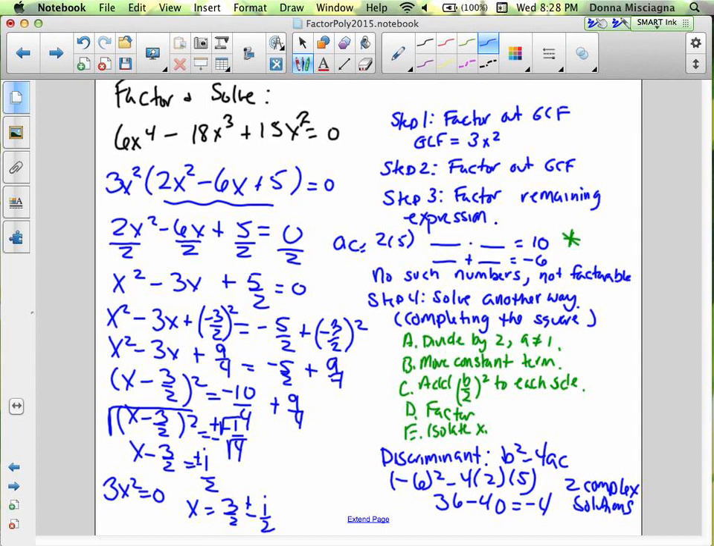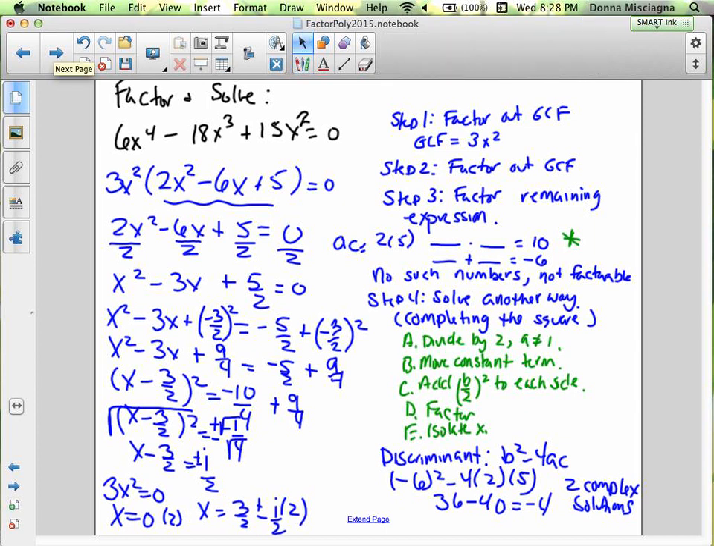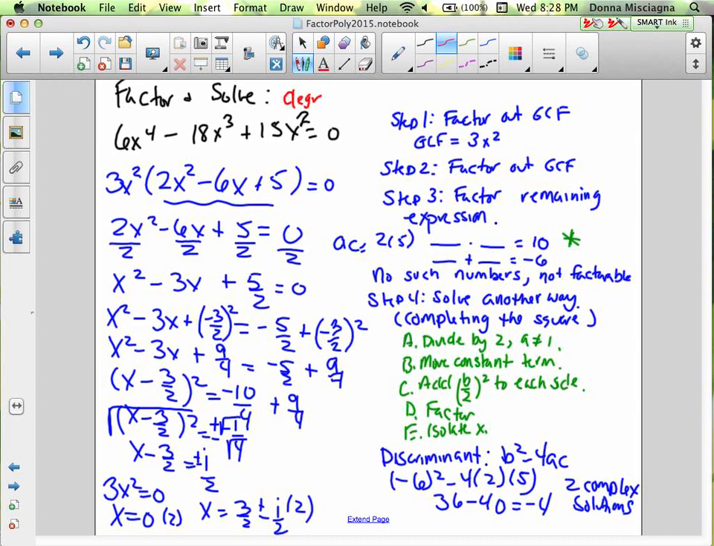2 real, 2 complex. So this would be x equals 0, right? That counts for 2. And because of that plus or minus, that counts for 2 as well. So here we do have something to the 4th, we're degree 4. So that means 4 solutions, which we have. We have 2 real,